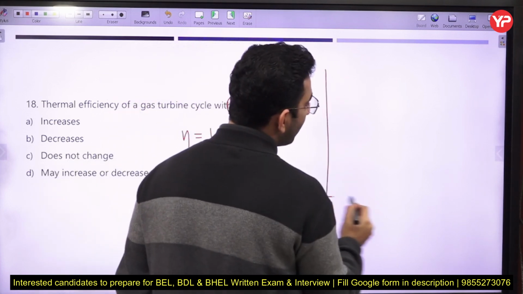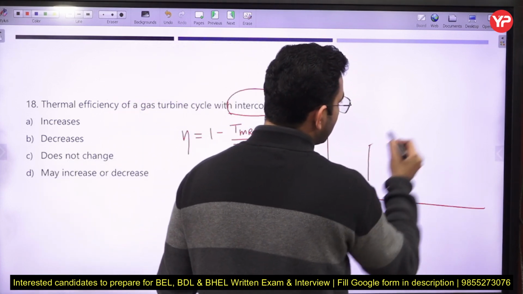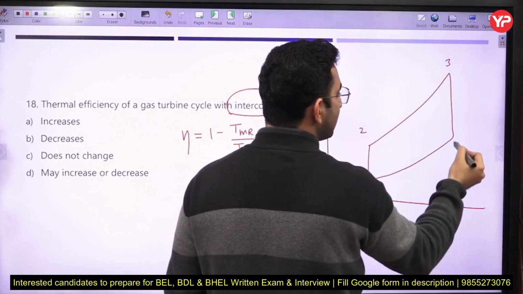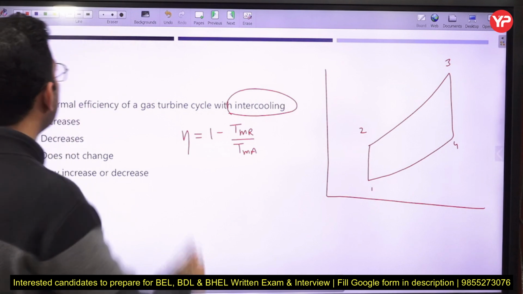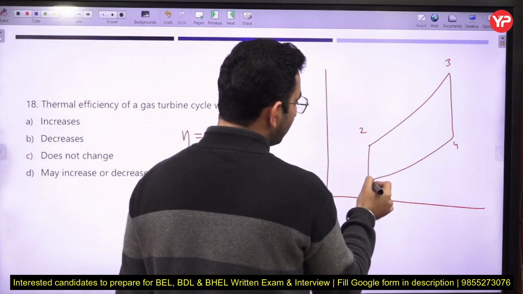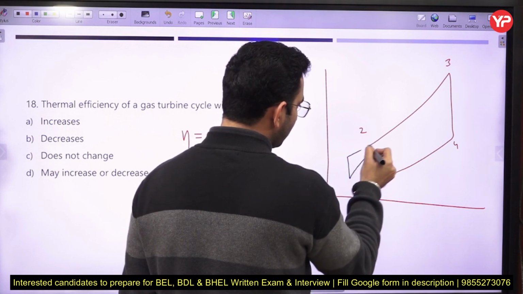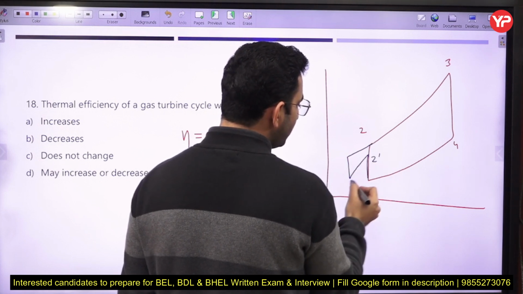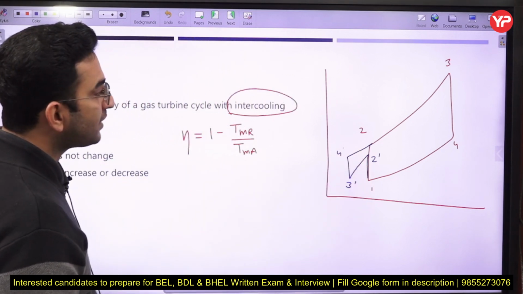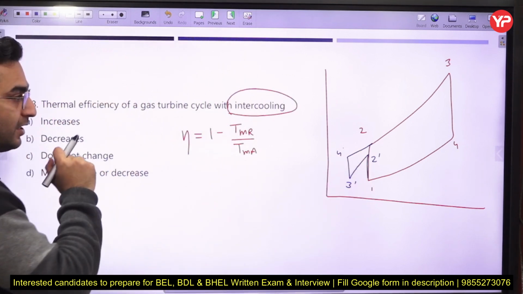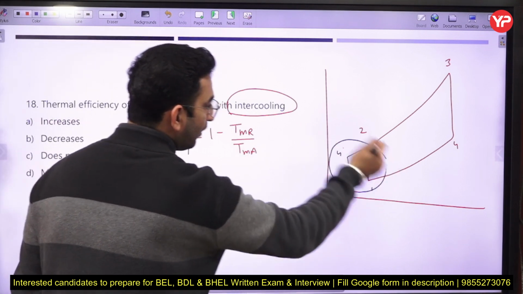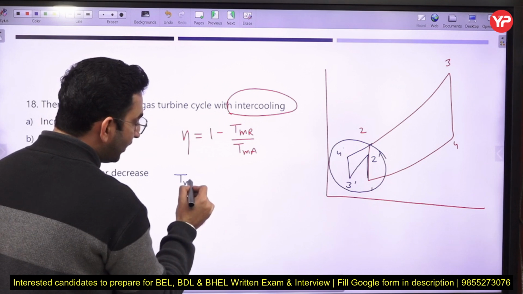So let us suppose you are just doing the intercooling here. First of all, this red color cycle is representing the simple gas turbine cycle. If you perform the intercooling, it will be shown something like that, from 1 to 2 dash, then 3 dash, and then 4 dash. So here you can see the net effect over the efficiency. First of all, due to the intercooling, the mean temperature of heat addition is basically